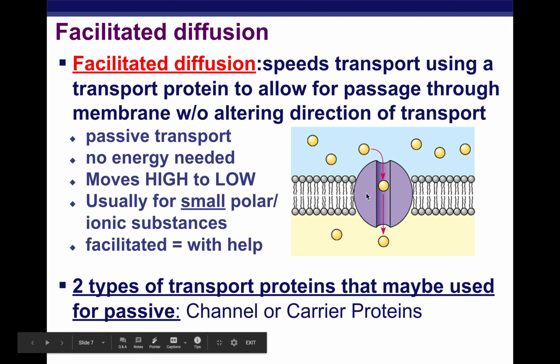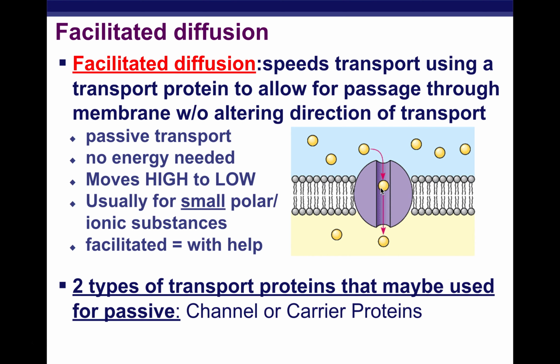But either way, if you have that little doggy door opening in your membrane, then you're allowed to do just normal diffusion. So you're going to use facilitated diffusion for materials that don't naturally pass through the membrane, i.e. charged material. So polar material, ionic substances, things like that can't pass through the membrane without help, they're going to get through. However, they have to fit through a transport protein,